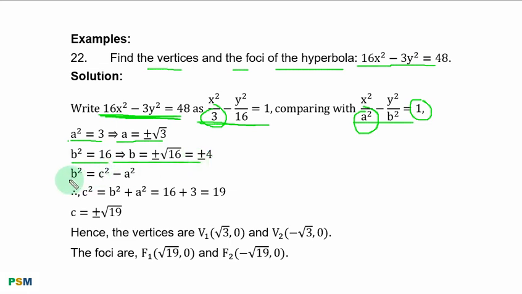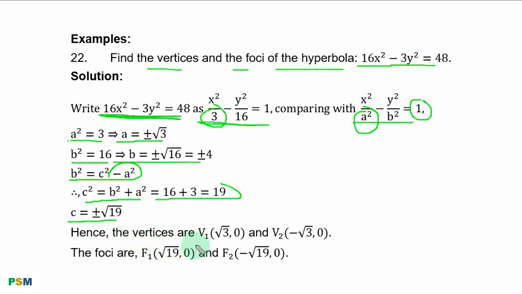Now, b square is equal to c square minus a square. To make c square stand alone, you transfer this term to the left hand side. You have it in this form. Therefore, c square is equal to 16 plus 3. That is 19. Therefore, c is equal to plus minus square root of 19. Hence, the